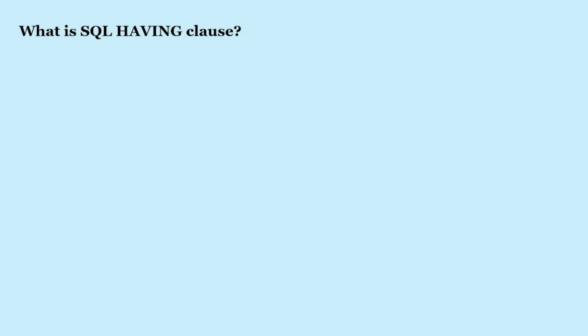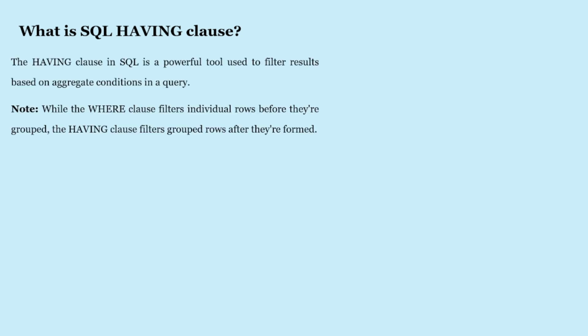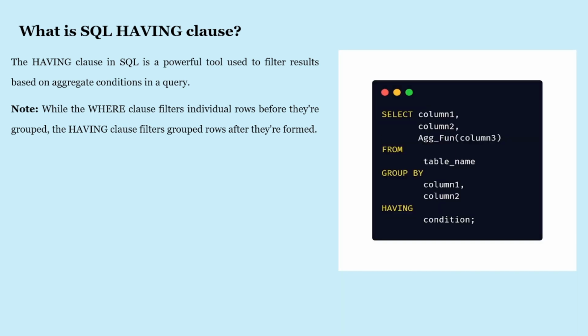What is the having clause? The having clause in SQL is a powerful tool used to filter results based on aggregate conditions in a query. While the where clause filters individual rows before they are grouped, the having clause filters grouped rows after they are formed. The syntax for this is